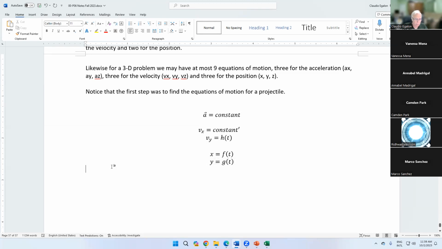What you have here is a set of parametric equations, because each one of those equations is a function of the same variable. We study that in math, parametric equations. But in the next example,